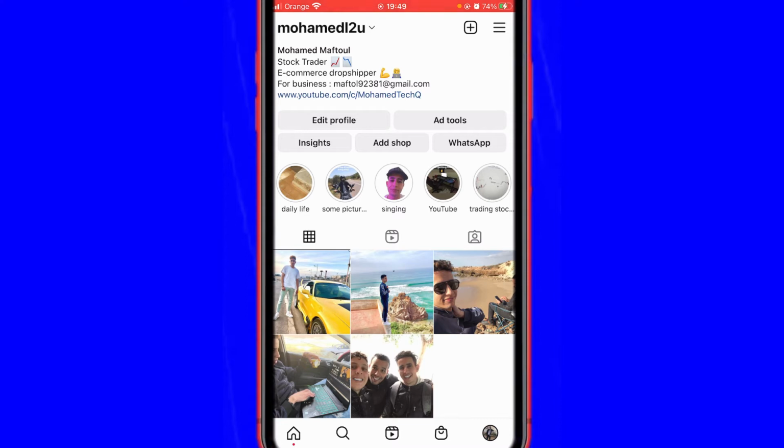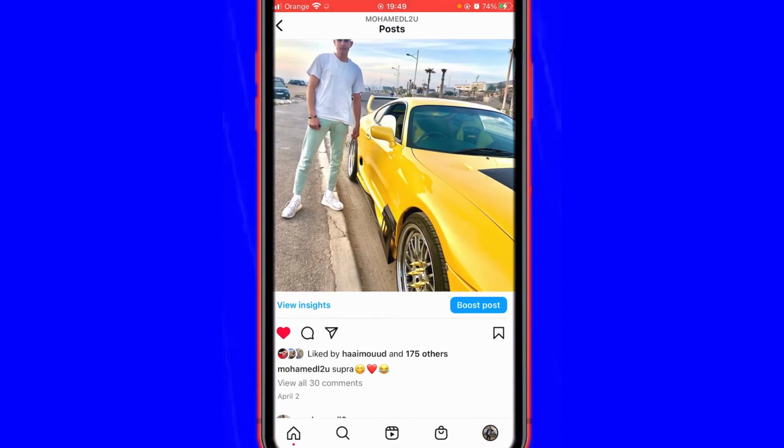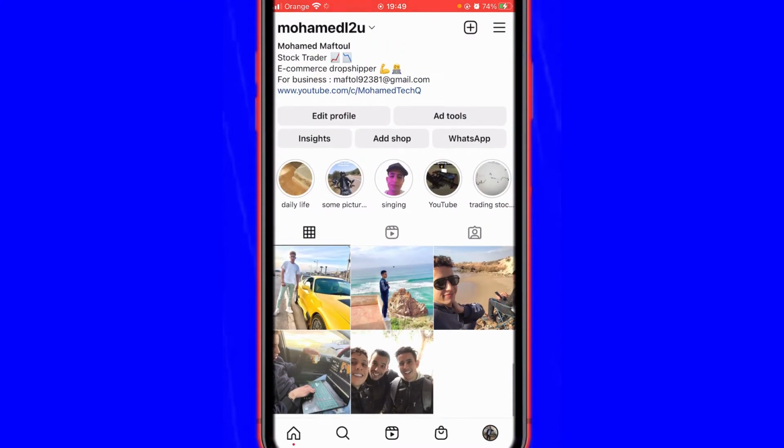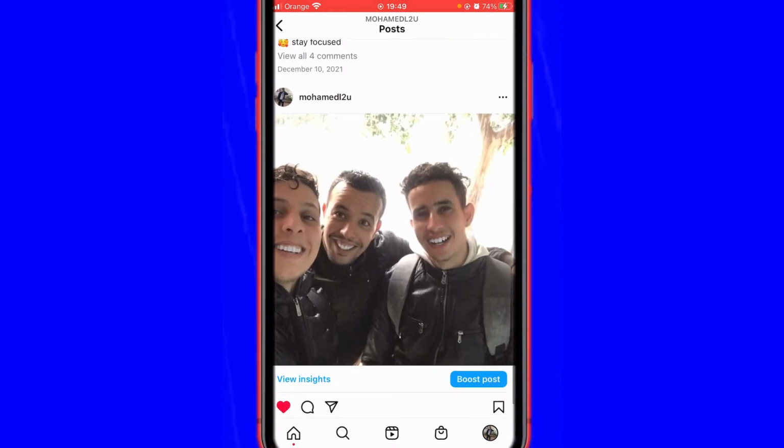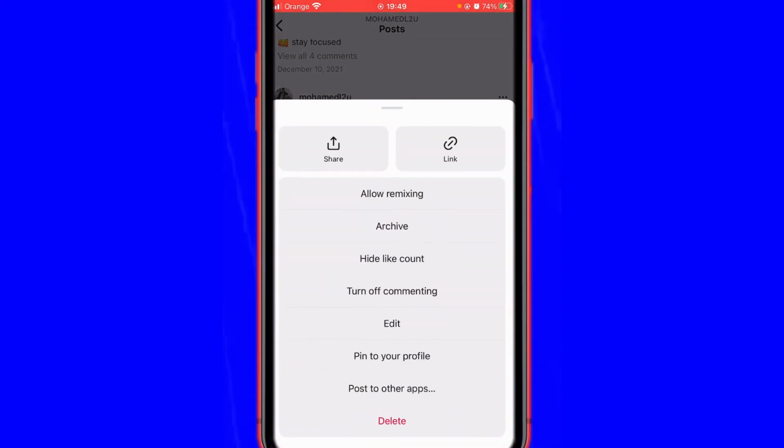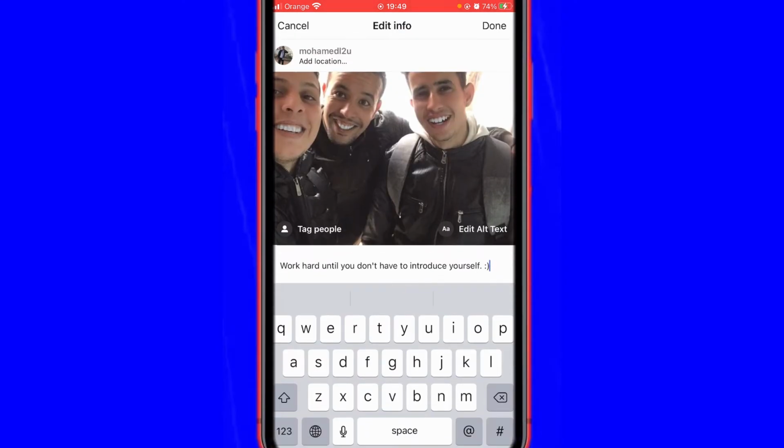So for example, I'm going to select something here. I'm going to select this picture, and then I'm going to click the three little dots in the top right corner. Then I'm going to click edit. So if you want to bold text